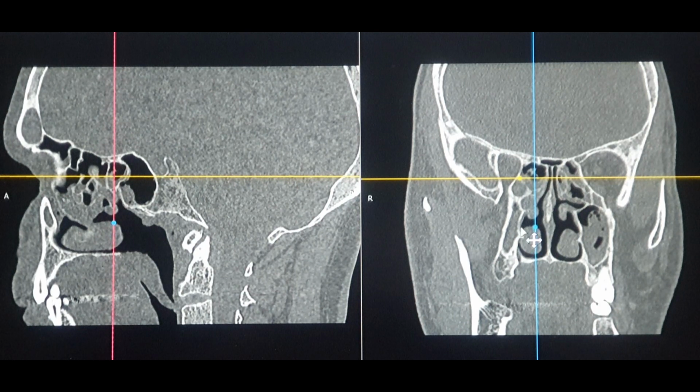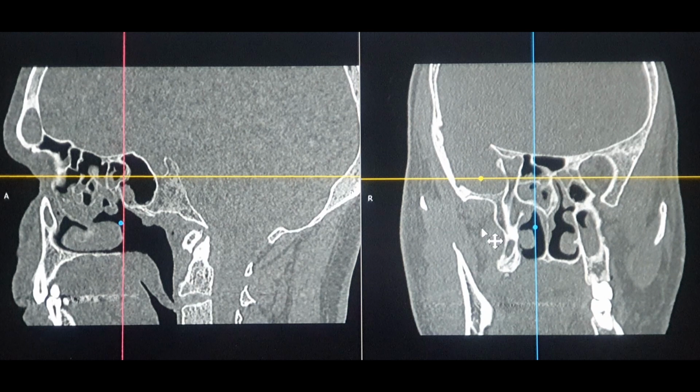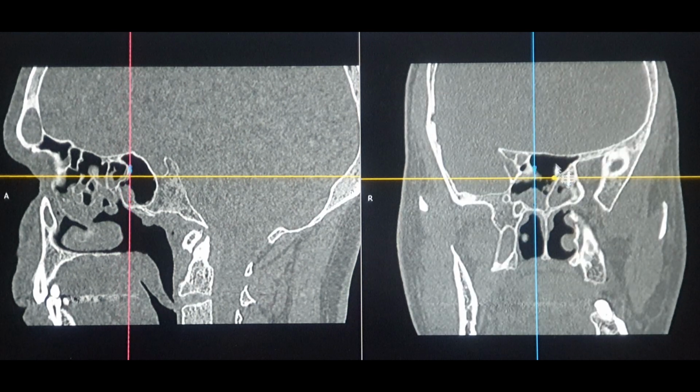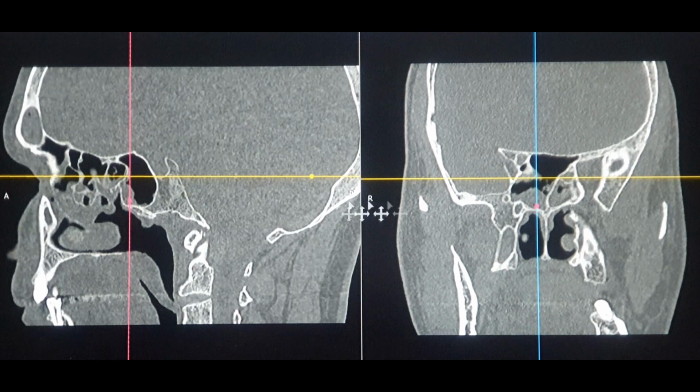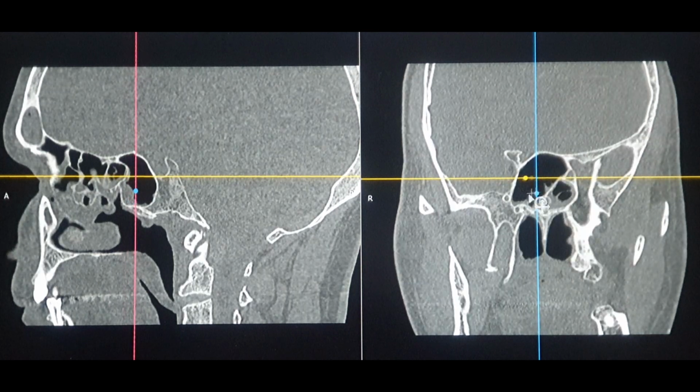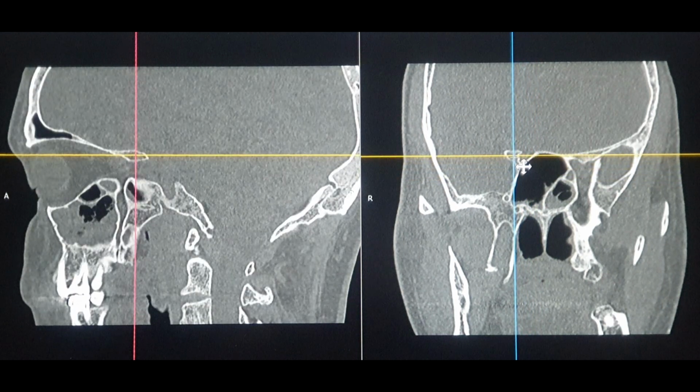So if we keep on going posteriorly on the coronal section, you can actually enter into the sphenoid sinus, and on the sagittal scan, this is the sphenoid sinus which you have entered right now. And that's the right sphenoid. You can see we are actually in the right sphenoid, and that's the dominant sphenoid for the patient. And you can see over here, that's the anterior clinoid process which we always study. So if I keep this marker over here,